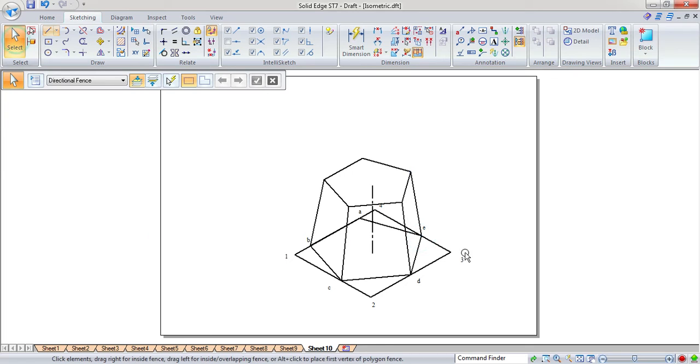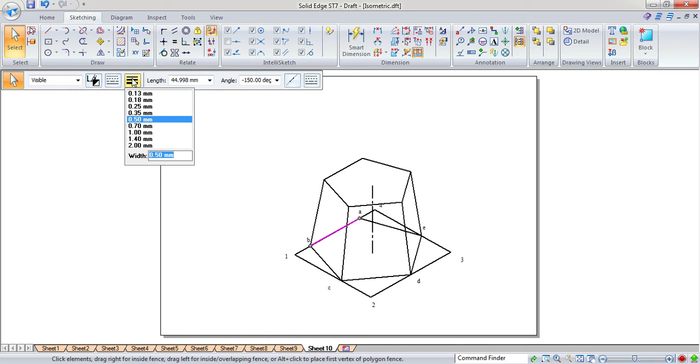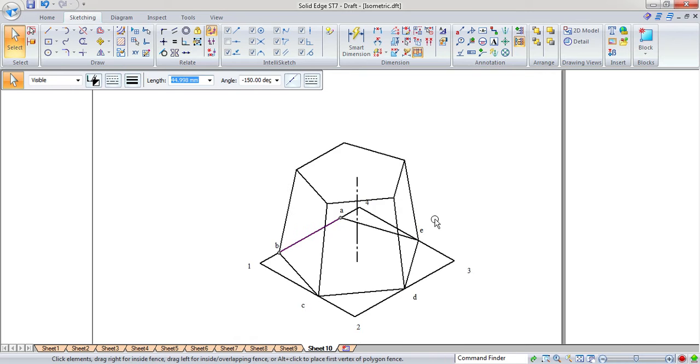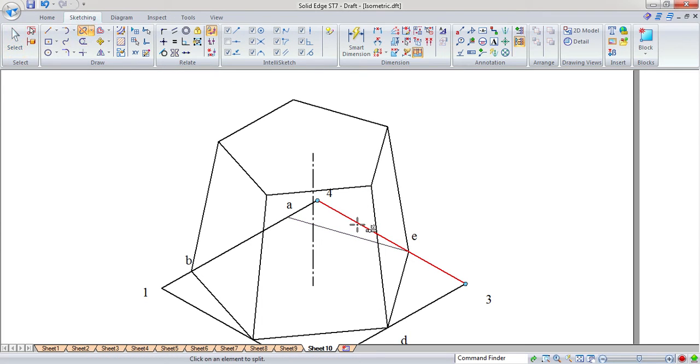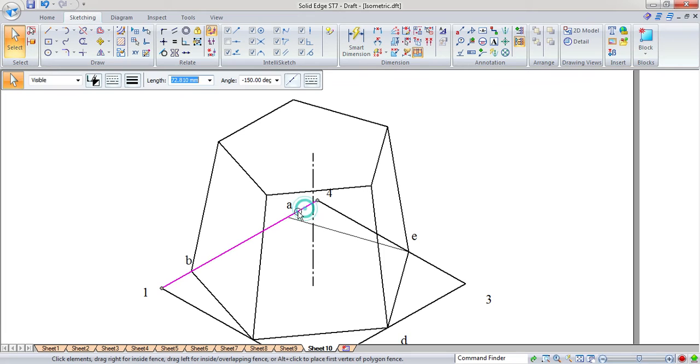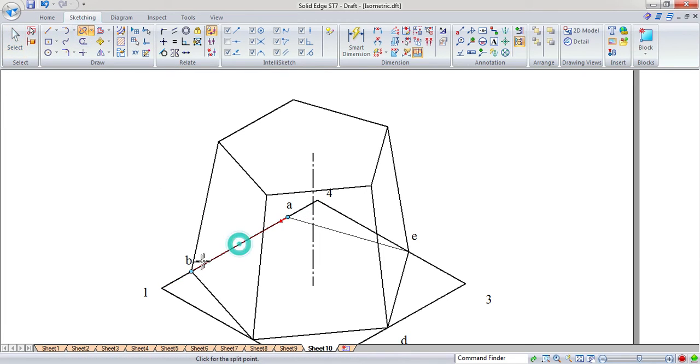And here itself, some of the lines behind this, that means when you're looking from the front, only this face is visible, and the inside lines are actually not visible. All those lines you have to show with a very thin line, that is 0.05. This edge is also not visible. Like that you have to find out for all the edges here, and some of the lines you have to split. Here also it is selecting a whole line, go for the split.